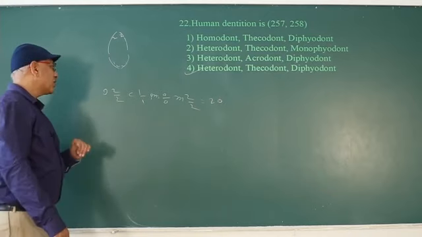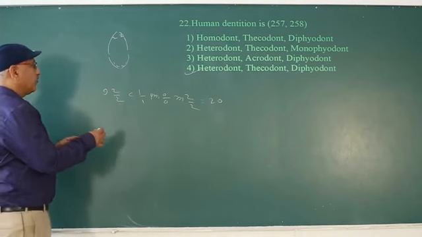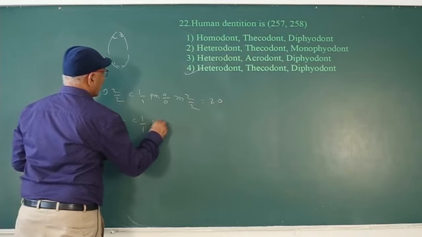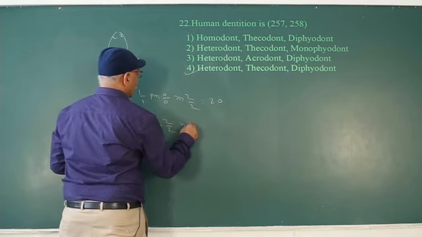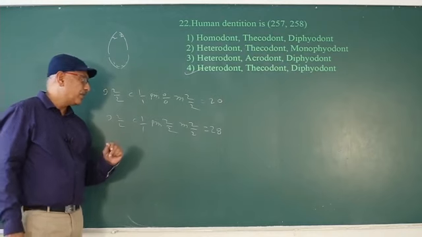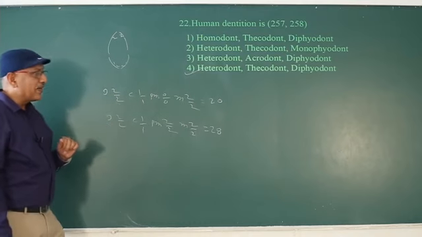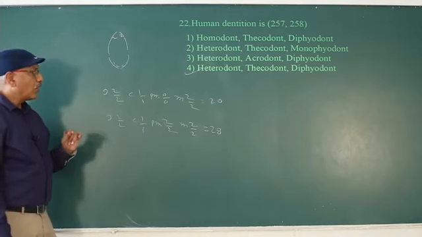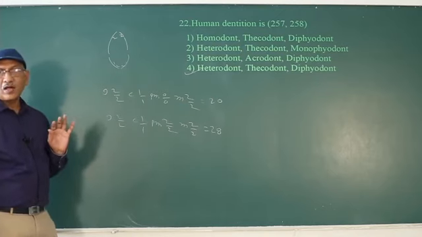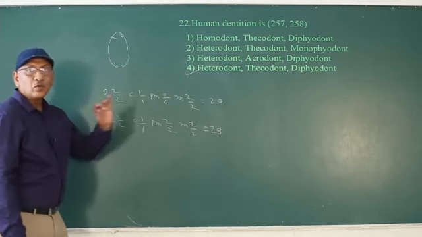Next question. Dental formula of adolescent before 21 years: incisors 2/2, canines 1/1, premolars 2/2, molars 2/2. So total number of teeth 28. Adolescent means 12 to 18 years. At that time there are 28 teeth, not 32. The last molar is formed around 21 to 24 years, depending upon the effect of hormones. So the number of teeth in a student writing the NEET exam is 28.